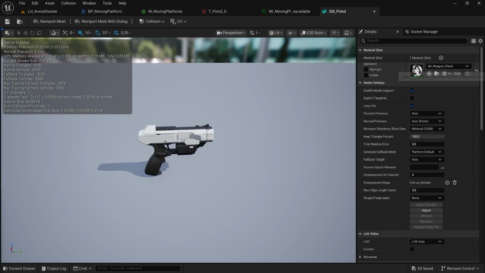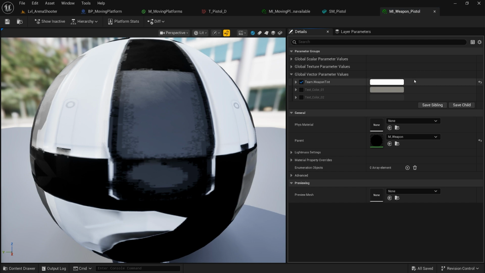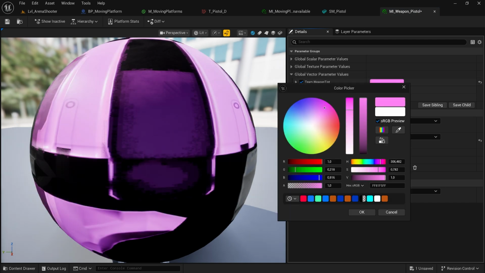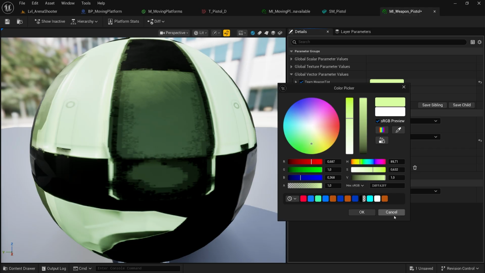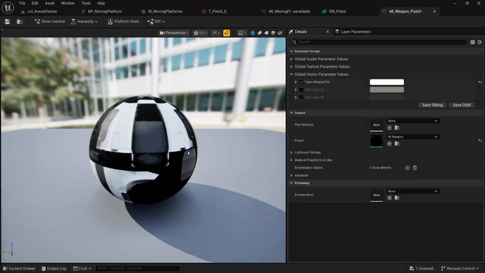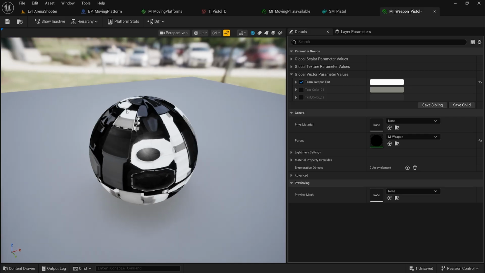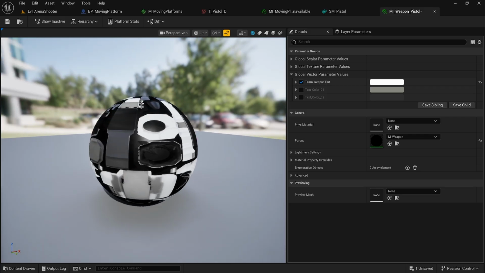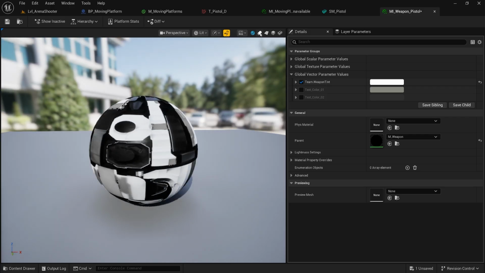And we're gonna click here. This is the material slot. It only has one slot, so it's using only one material instance, which is this MI weapon pistol. Here we can change the color. Usually you have a value to change the tint. We can change, and if we preview it as this, I mean, it's not gonna make much sense,